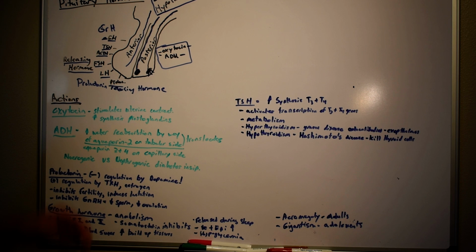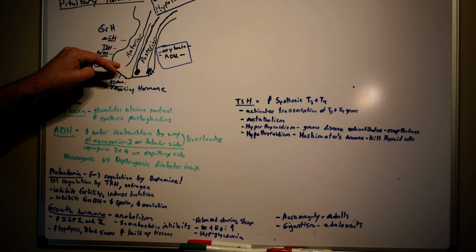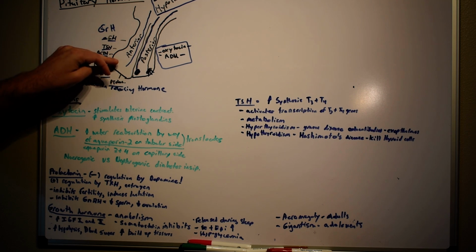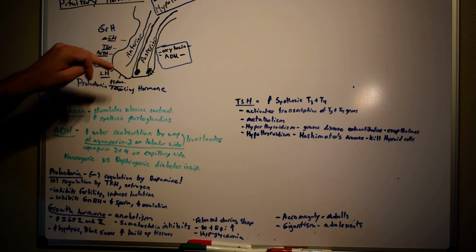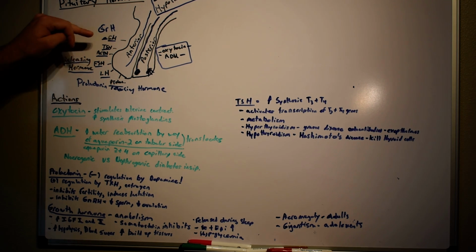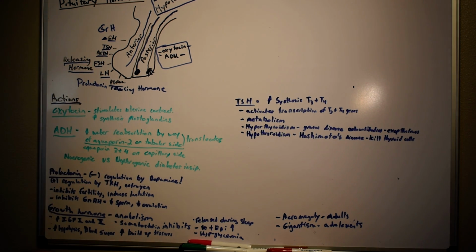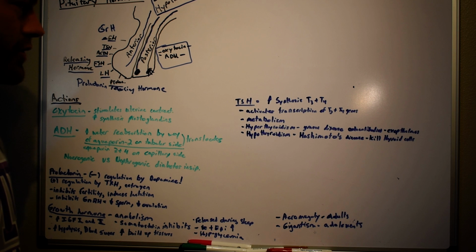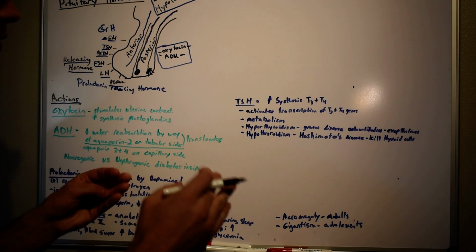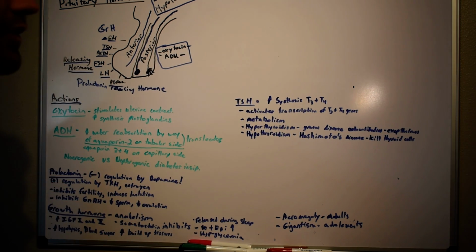So when that comes down and flows through our capillaries here, it's going to find receptors on our anterior pituitary cells that make growth hormone, and when it binds, it's going to stimulate this growth hormone to be released or exocytosed from that cell and be put into the bloodstream. And that's going to happen with all these anterior pituitary gland hormones. All right? So I think the way they're going to do this is we're going to go through each of these hormones and their effects on the body and their targets in turn.